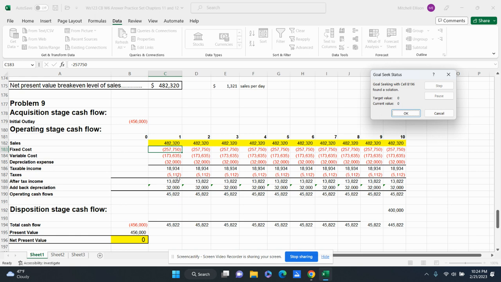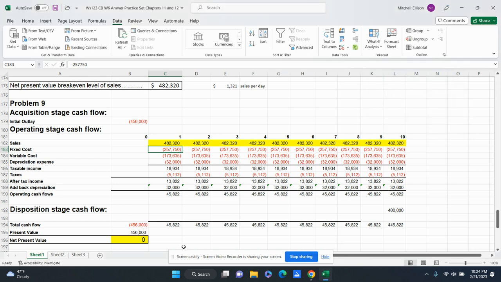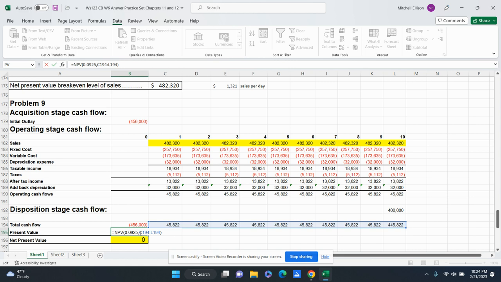Take taxes away of 5,000, gives you 13,822. Add 32 to that, gives you 45,000. 45,000 across. Your disposition value of 400,000 added to that gives you 445,822 at the end. Bring that back to present at 9.25%. You get 456,000, which again, this is really kind of a powerful tool here because that tells you what you need to